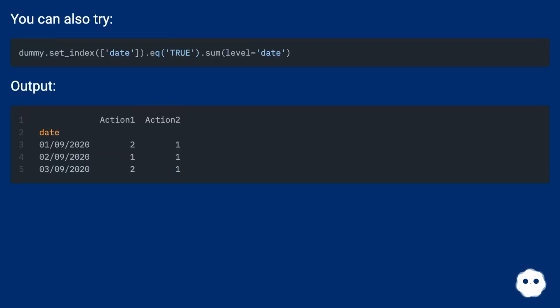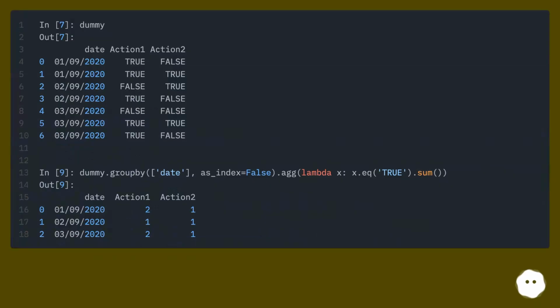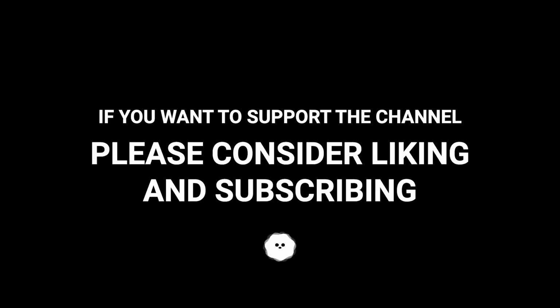You can also try this. Output. Some sort of